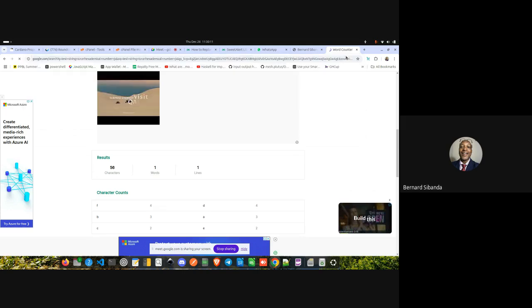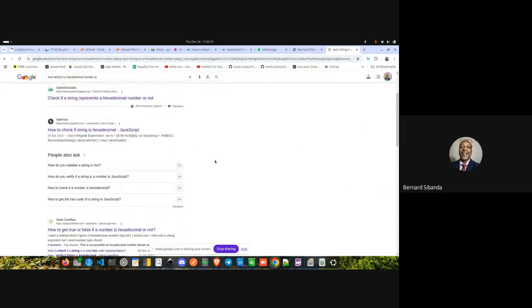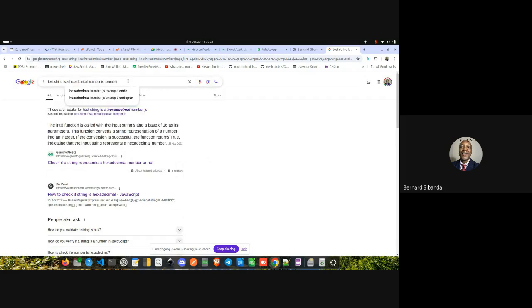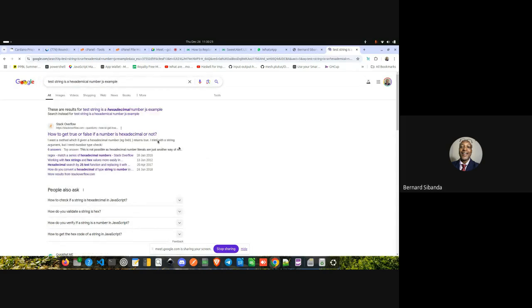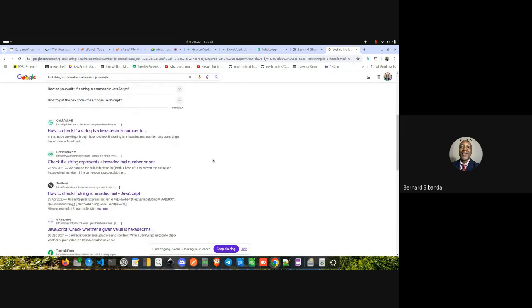Okay, so I need a function that can test if a number is hexadecimal or not using JavaScript. Right, there it is. How to check if string is hexadecimal using JavaScript?